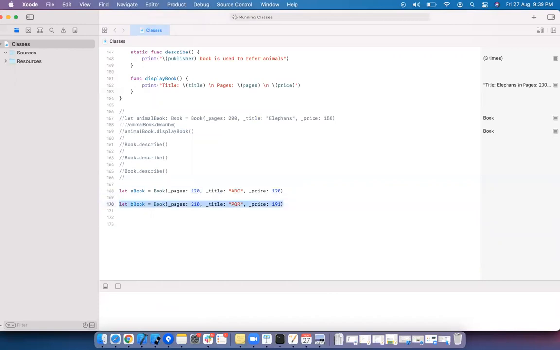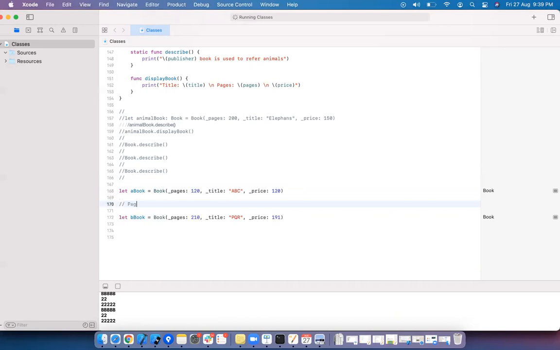These values are different. Even if the values are the same, this address is different and that address is different. Because when you create a book, three variables will be created in memory: pages, title, and price. When you create B book, again the pages, title and price variables will be created. If you create another book, C book, the price is in a different memory location, and B book's memory location is different, and A book's memory location is different.